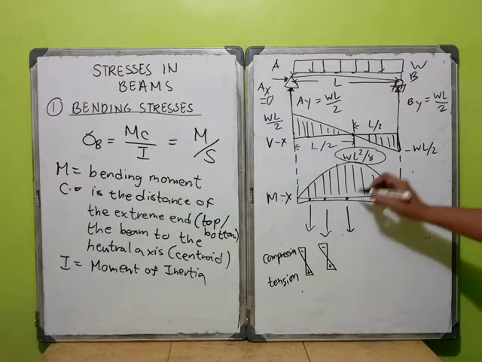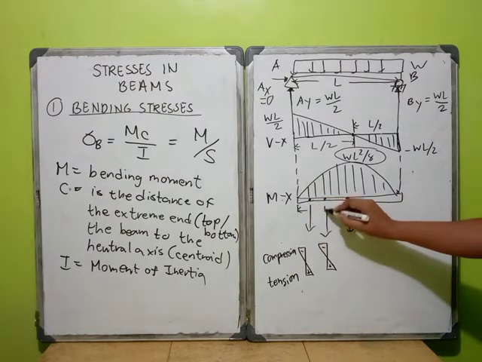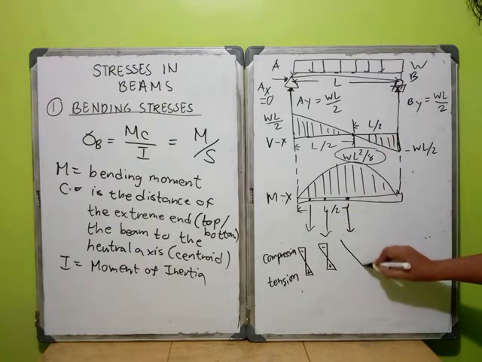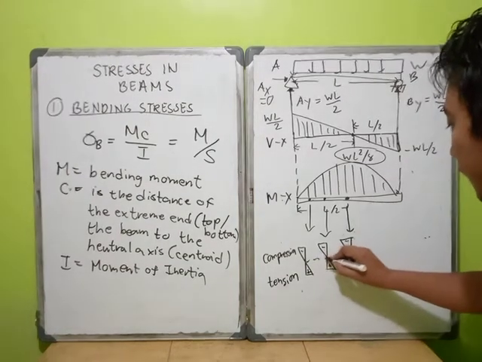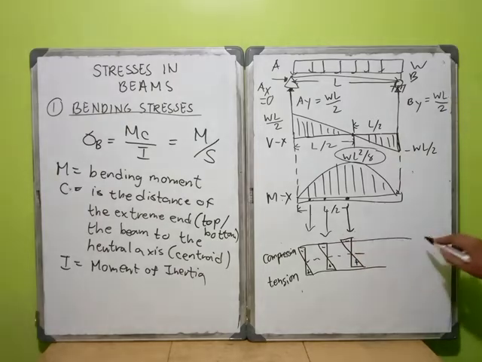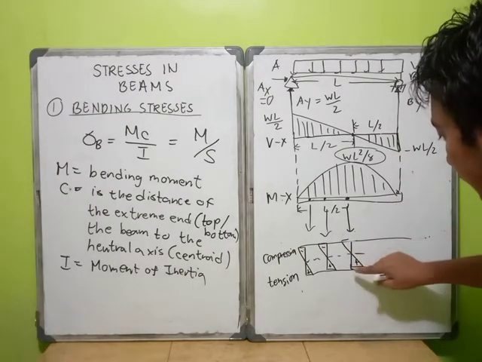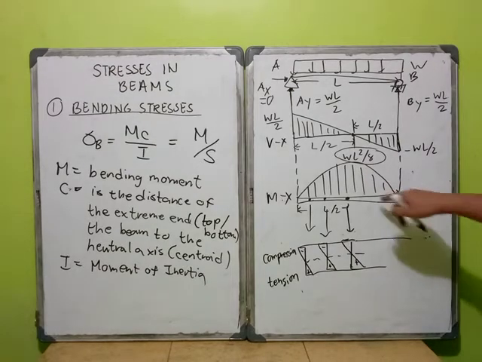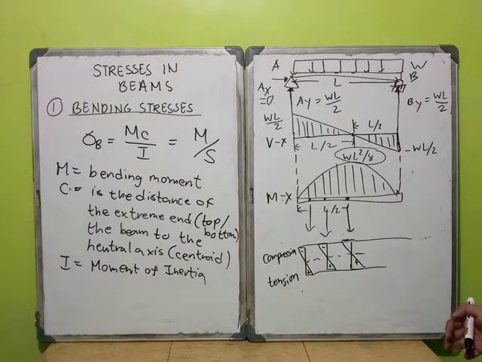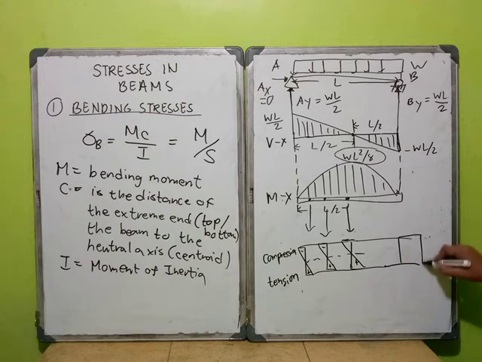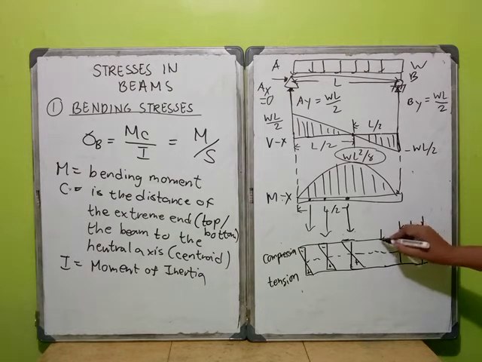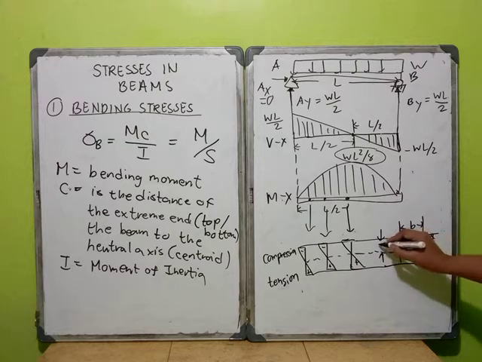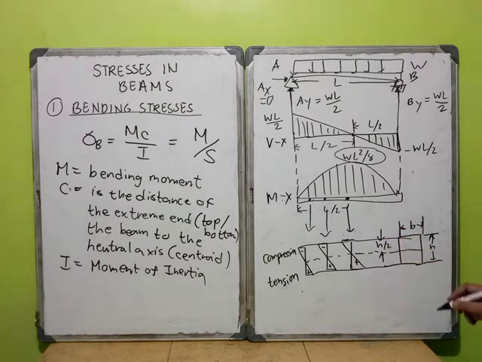And also, it will experience, let us say, at the midpoint, since the maximum moment is at the midpoint, the maximum stress. But somehow, they will have a certain uniform neutral axis. It depends upon the shape of your cross-sectional area. For example, if your cross-sectional area is a rectangle, it has a dimension of a side B and depth H. So your neutral axis will be at H over 2, which means that